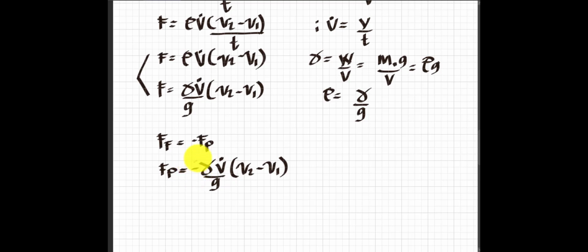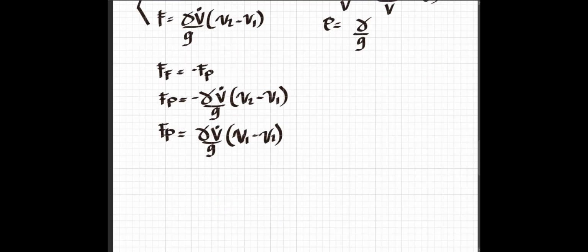Now, since may negative tayo, if we're going to distribute that one, pasok natin doon sa loob, so we have the specific weight times the volume flow rate divided by gravity, then multiplied by the velocity 1 minus velocity 2. Now, if the plate is fixed, ibig sabihin stationary, then the velocity at 2 is equal to 0. So there is no movement of the plate. Okay, so then the above equation becomes